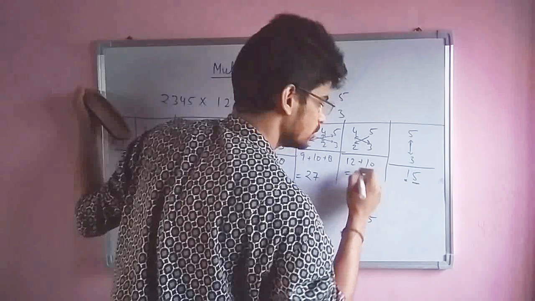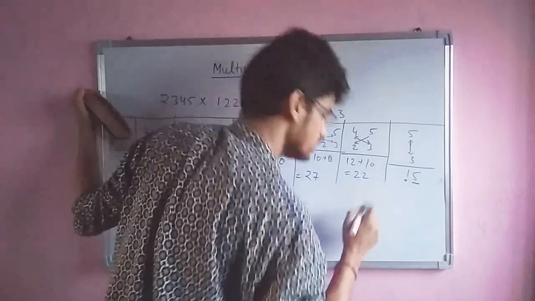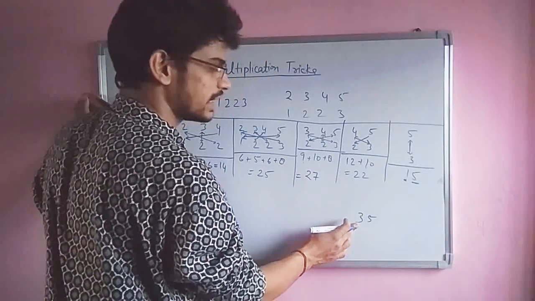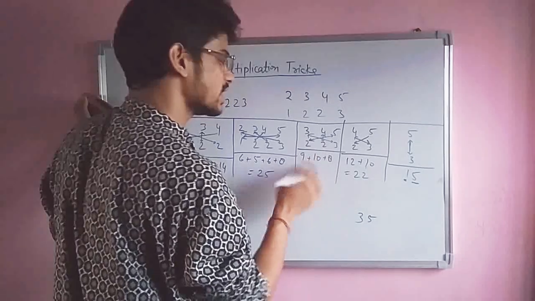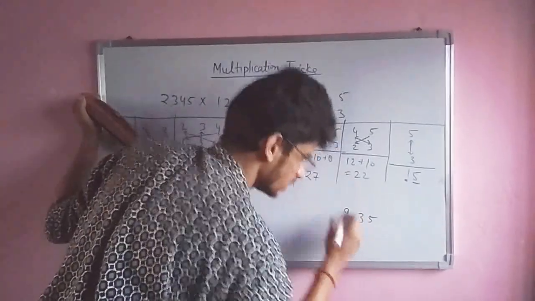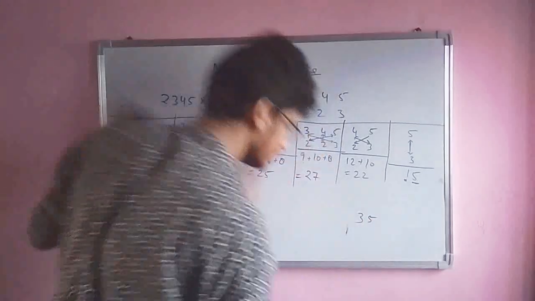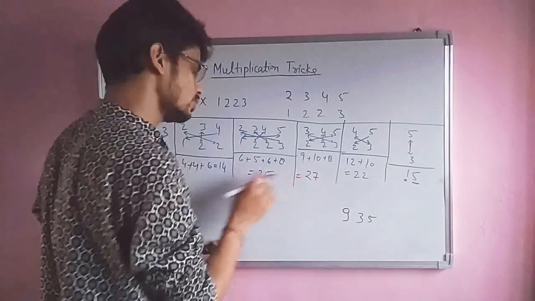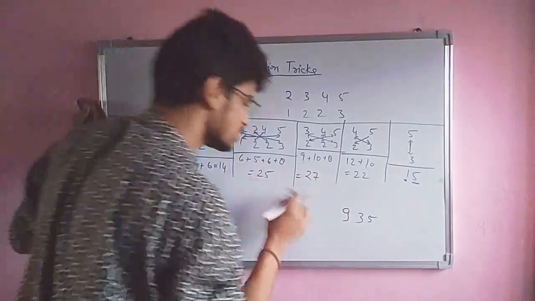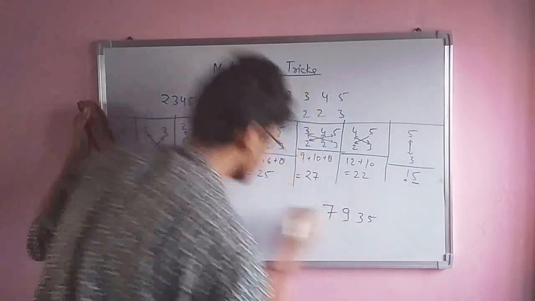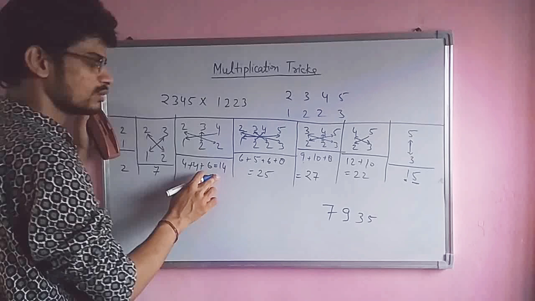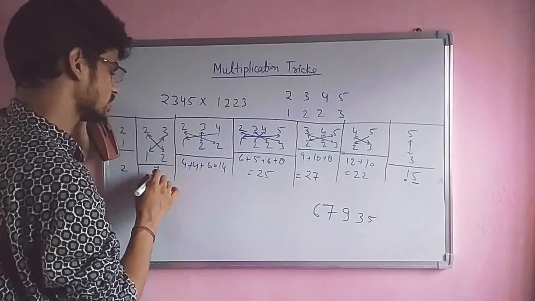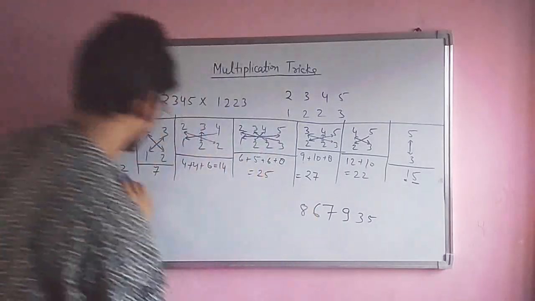Next, 1 is carried into this. Here it is 21, 22 plus 1 is 23. Here it is 23, note down the 3 in the tens place, and 2 as a carry into the next number. 27 plus 2 is 29, note the 9. 29 is 9, carry 2 added to the next number. 25 plus 2 is 27, and 2 is carried into the next number. 14 plus 2 is 16, 6, carry 1. 7 plus 1 is 8, and note down the 2.